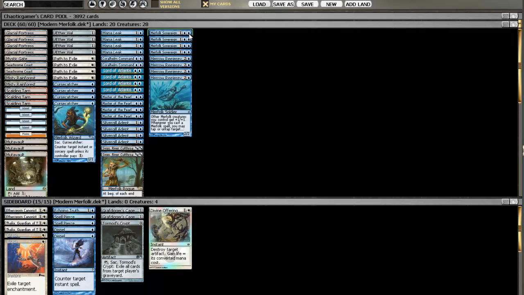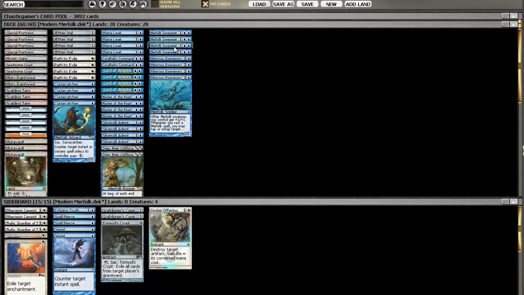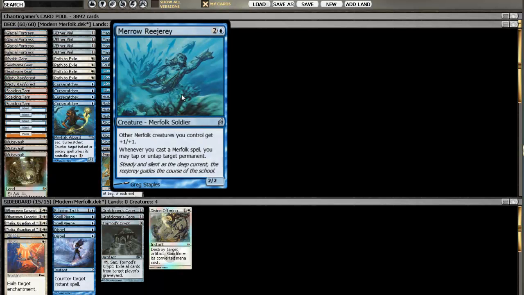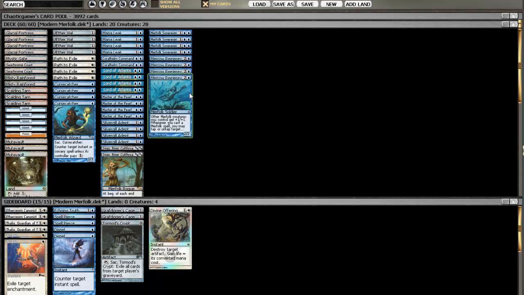And finally, our 3-drop lords, we have Merfolk Sovereigns and Mirrorweave. Merfolk Sovereigns, alright. I wish I had another 2-drop lord instead of this, but there aren't any. Although the unblockable has been relevant every now and then, especially when you make a Merfolk unblockable, then you play a Merfolk, use Mirrorweave to untap your Merfolk Sovereign, and then you get another use of